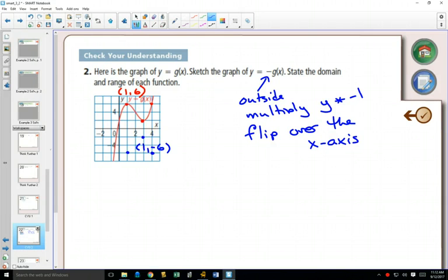What is the point that's not going to change? When I draw this, there is going to be one point where my blue graph and my red graph intersect. And it's going to be, nope, sorry, you're right. It's going to be on the 0. Sorry, there we go. The x-intercept, right? Because if you flip something over